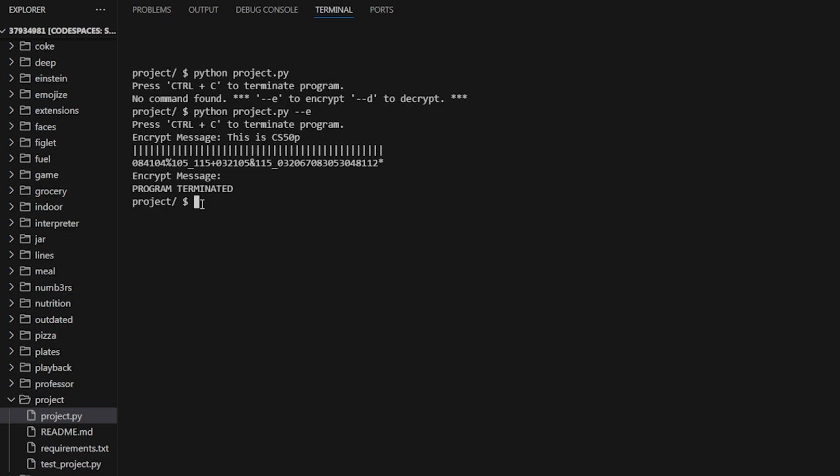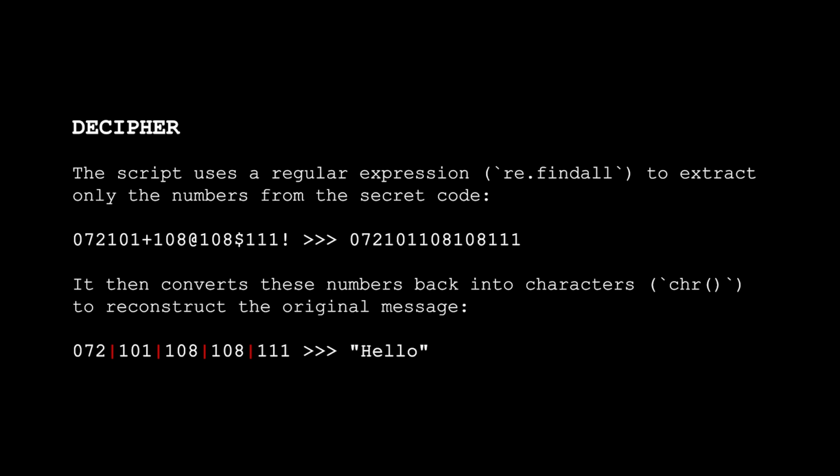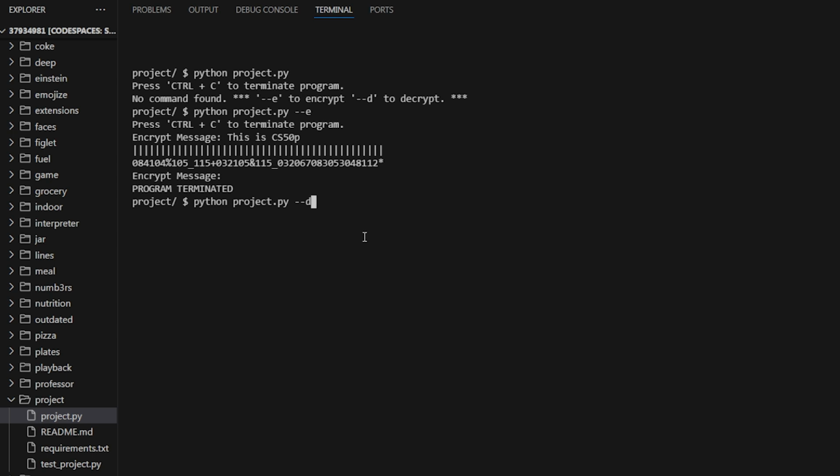Now let's go to decryption. The decryption process uses regular expressions to intelligently strip all those symbols out, leaving only the numbers behind. To decrypt the message, we use the D flag. We paste our long cryptic code back here, and then the program quickly isolates the numbers, converts those 3-digit blocks